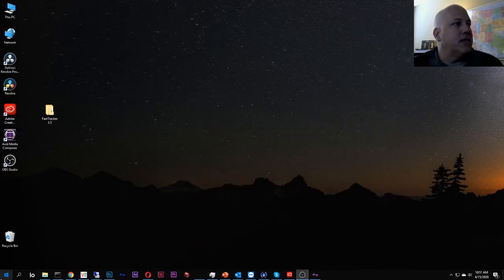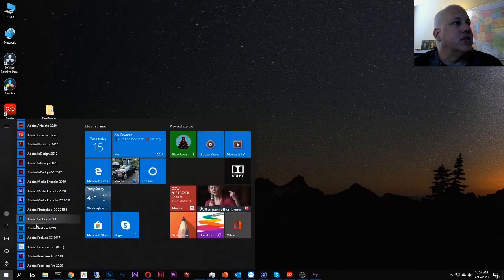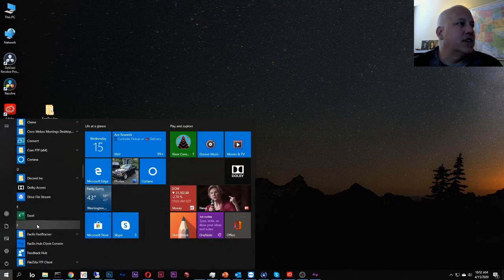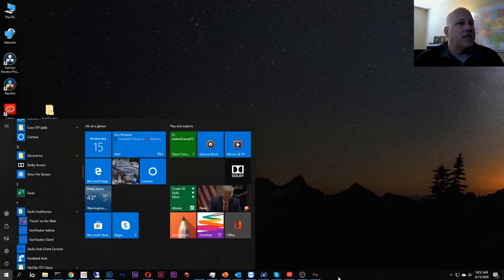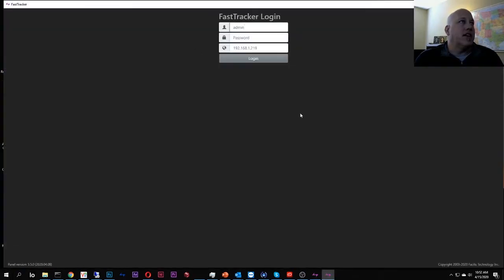But closing this up and coming over to the FastTracker once again, and of course I can dock these, make these easy to get to later on if I want to. For example, taking my FastTracker admin, taking my FastTracker client, docking that directly here. So here I come up with this same WebTech window, except this time I see an IP address here instead of localhost,